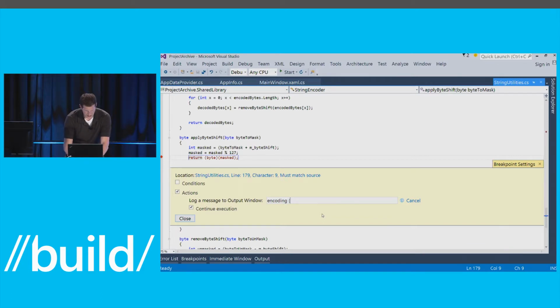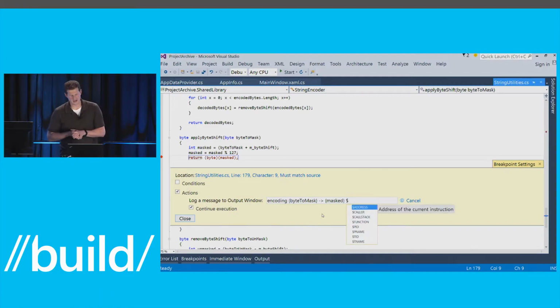So I want to say byte to mask. I get IntelliSense as you would expect. And that's going to go to the value of masked. And then we have pseudo variables again here, with a dollar sign, and I can choose to output relevant information about the project. You can see what they are. Call stack is an interesting one. Sometimes if you don't know how you're getting to various places, you set a trace point, and you can ask it to dump the call stack. In this particular case, I'm just going to dump the function, because we can,